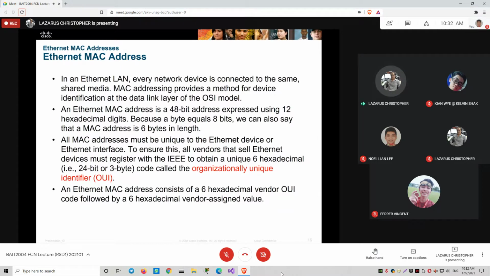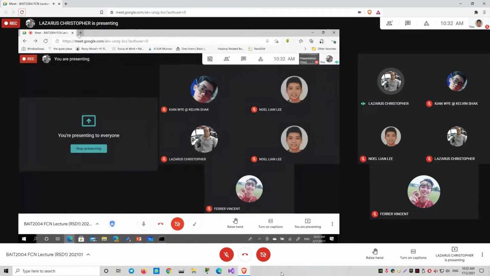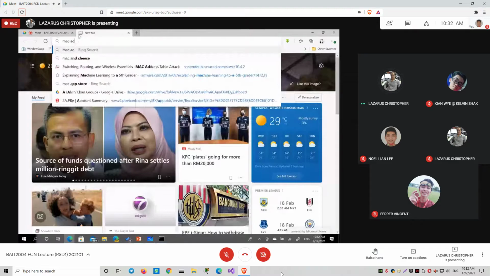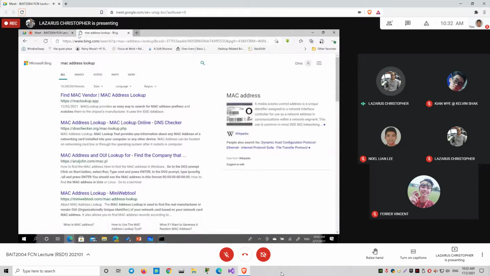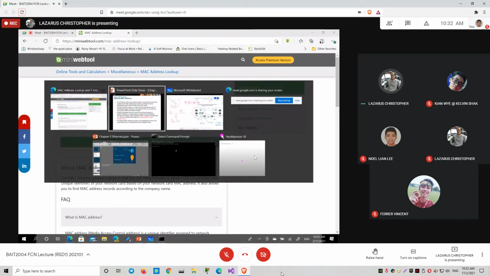There's actually a website. Let's see, just search for MAC address lookup, whichever. Some are better than others. You just go and check. Find out what your MAC address is. Later I'll show you how. Type your MAC address here, and then you will know definitely who your NIC manufacturer is because of this